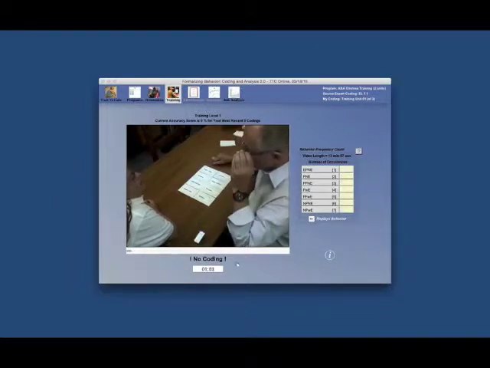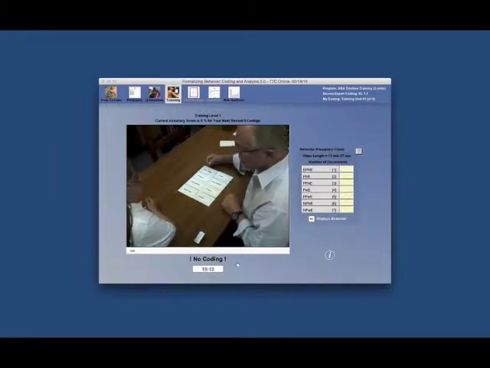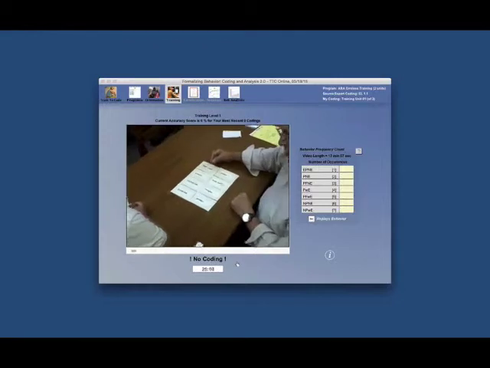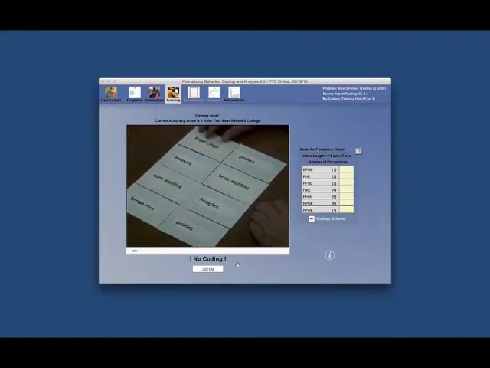Hi. How are you? Good. All right. Today we're going to do a little reading. And as you can see, we have some words on some cards. And what I'm going to do is point to one card at a time, pointing to the words on each card. And as I point to it, I want you to try to say the word or read the words if you will. And if you know it, that's fine. If you don't know it, that's okay too. I'll say the word and then you can repeat it. All right? You ready to get started? Okay, we're going to get started. Here we go. All right, here's our first one.